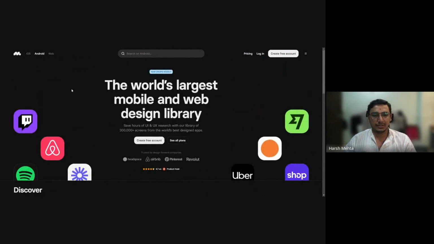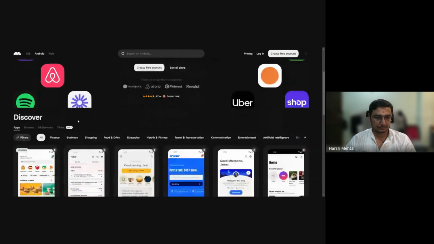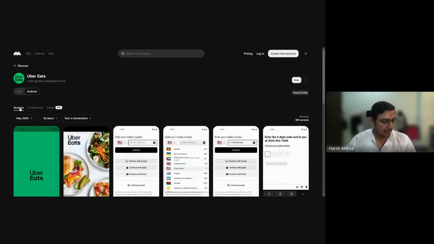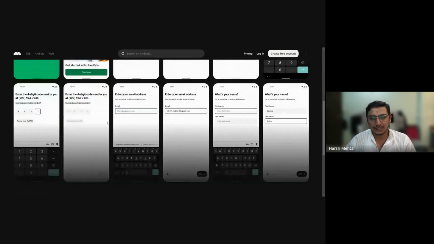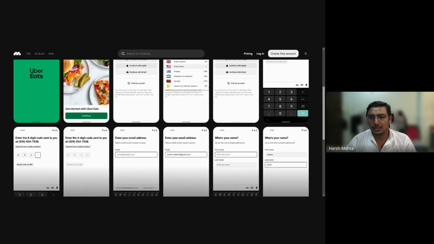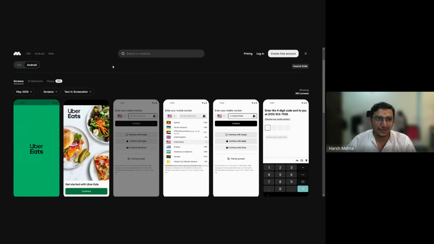सो इफ आई गो से हियर एंड मैं किसी एक पे क्लिक करता हूँ, राइट, तो मैं स्क्रीन में अगर जाऊंगा तो यहाँ मुझे सारे स्क्रीन मिलेंगे। अगर मैं लॉग इन करूंगा तो और भी स्क्रीन मिलेंगे। ठीक है, पेड वर्जन मत लेना इसका, सिर्फ लॉग इन ही करना, तो भी आपको काफी स्क्रीन दिख जाएंगे. The other place to find out the references for the